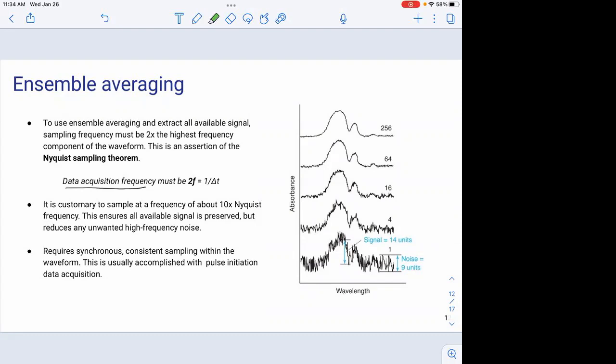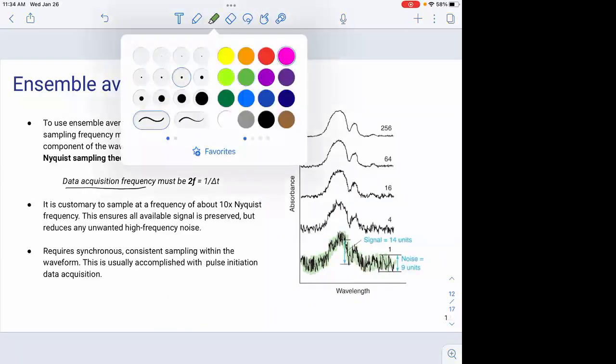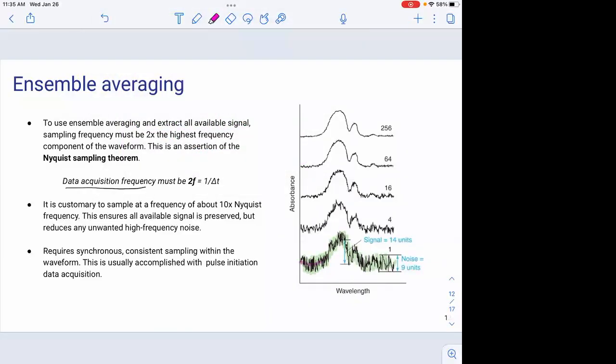So in this bottom spectra in the figure on the right, you can see that there's much noise, right? It goes up and down, up and down, but there's also this low frequency component to this waveform that is sort of drifty over time. So let me change color, maybe pink. Okay, so you can see that this sort of changes over time, right? And there's a little hump there, no big deal. All right, so